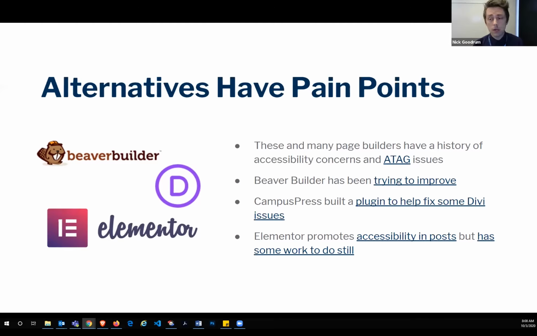So the A-Tag, really about being able to easily traverse so people with disabilities can create content. They have problems with this as well. Beaver Builder is trying to improve, but it takes time, and it's been years. It's nice that there's a change of pace and really focusing on it, but they still have problems. Then, of course, Divi, other people have even built plugins to fix some of the front end issues of what's being created. But Campus Press built that, and it still has problems too, right? Because there's a lot of work involved if you start with sometimes not the right basis.